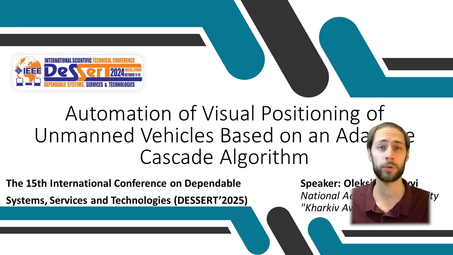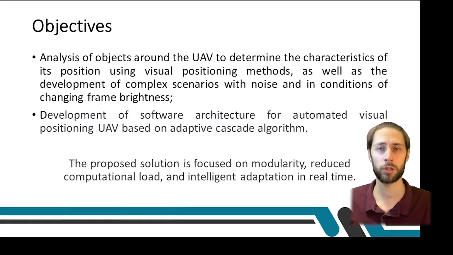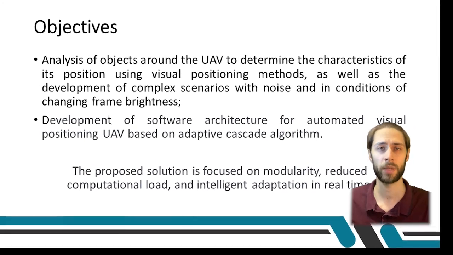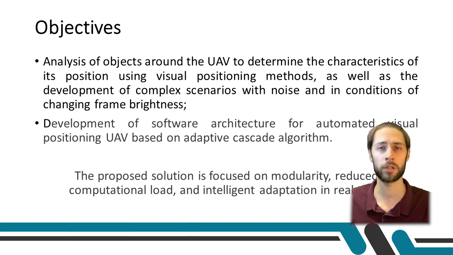The main purpose is to develop a software architecture in Python for automated visual positioning of UAV based on an adaptive Cascade algorithm, the principle of operation of which is focused on modularity, reduced computational load, and intelligent adaptation in real time. In addition, a parallel direction of research is to assess the accuracy and performance of the proposed algorithm